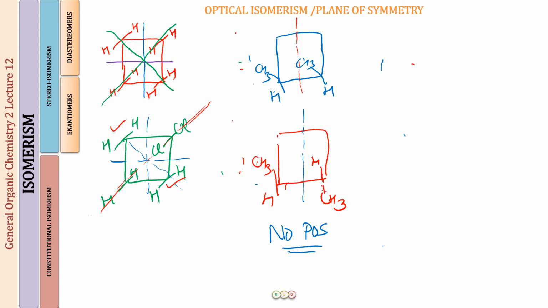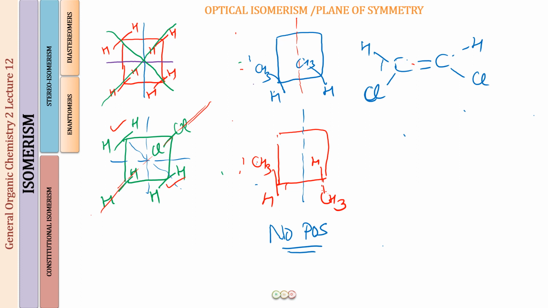Okay. Let us do the cis and trans isomers that you have seen while we were talking about geometrical isomerism. So first of all, you already know that the necessary condition was that we should have a carbon or an atom which is surrounded by 4 different groups. So here you do not have a carbon which is surrounded by 4 different groups, but here we are not talking about all that. We are talking about whether the molecule has a plane of symmetry or not. If a molecule is having a plane of symmetry, that molecule is not going to show optical isomerism, right?